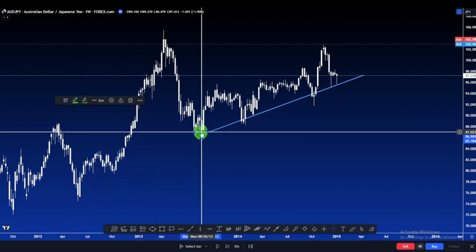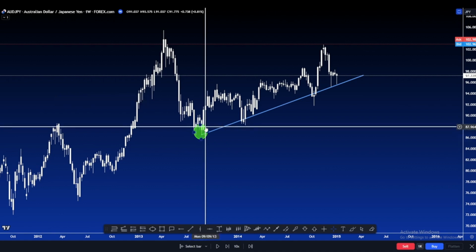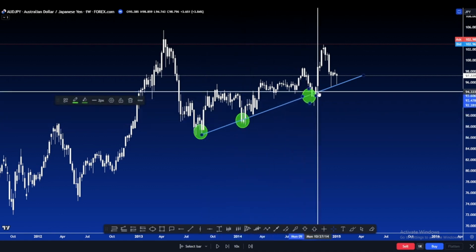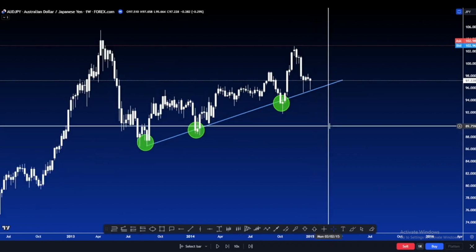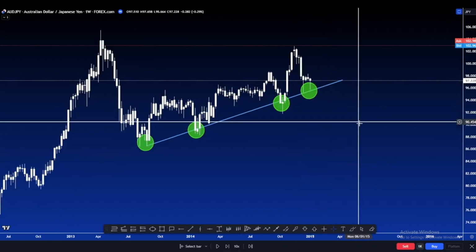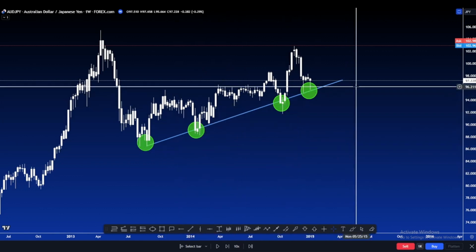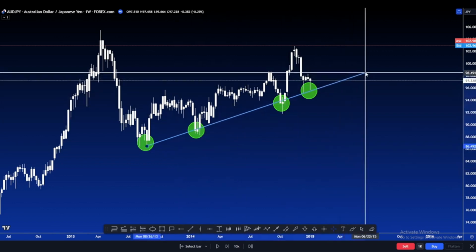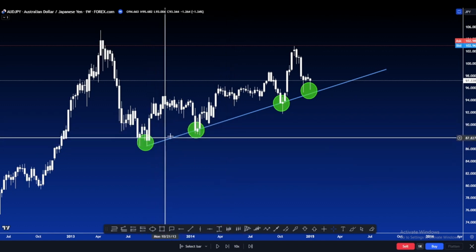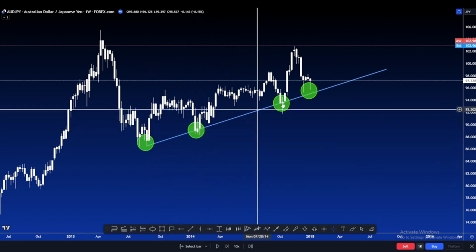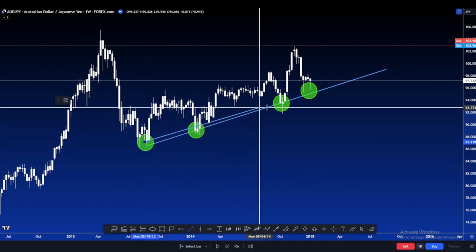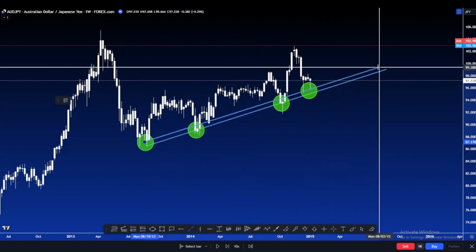All right, you guys learn about that, okay? Here's another one, and another one. Okay, so we really got about 4 touches. Boom, 4 touches off that trend line, guys. And now I'm just going to stretch it out. Okay, trend lines don't have to be perfect, guys. As long as you can get them to touch, whether it's the body of the candle or the wick of the candle, it's enough. All right, a lot of times we can double up and put 2 trend lines